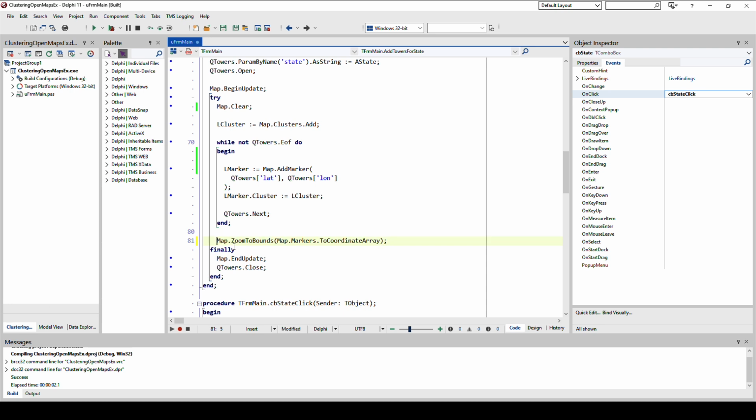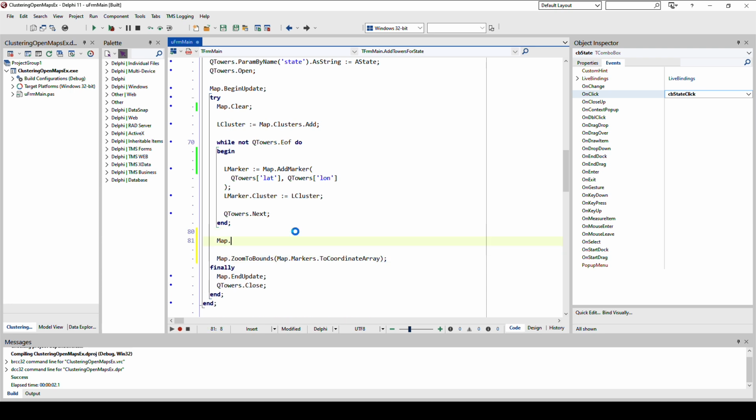And that's exactly what this zoom to bounds does. I can specify bounds, meaning a rectangle, top left, bottom right, kind of like a rect in the VCL, that I want to zoom in. And then the mapping framework does all the work for me. I just specify where I want to focus on. And that is very, very easy